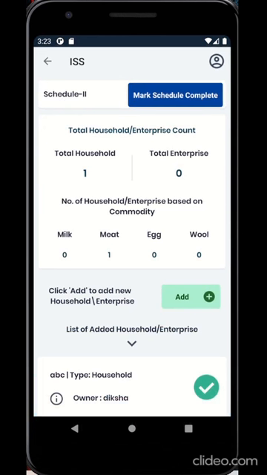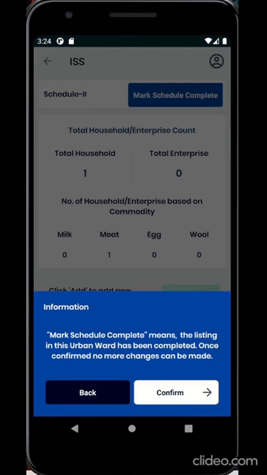After all the households or enterprises or butcher shops for this schedule have been canvassed, click on Mark Schedule Complete. An information pop-up will display the number of selected surveyed household and will ask for a confirmation for marking it as complete.